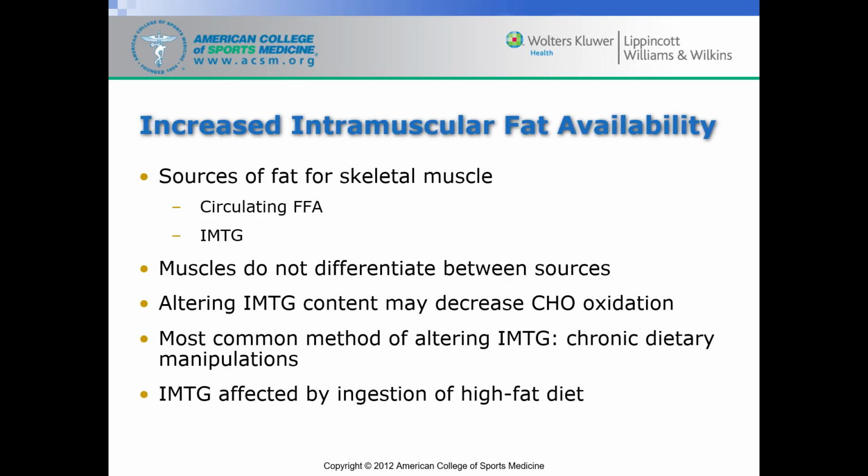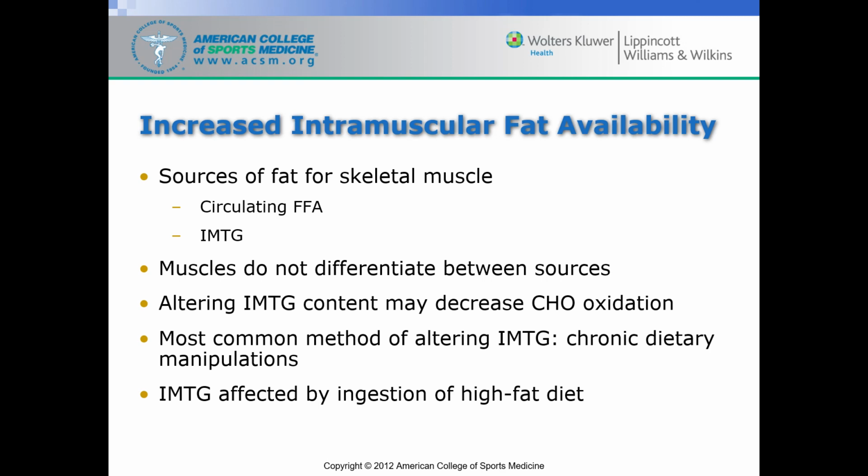There are reasons for this that we'll get into. Okay, the sources of fat for skeletal muscle are going to come from two forms. Obviously, there is the intramyocellular triglycerides and the circulating free fatty acids. That doesn't matter to the muscle which one they burn. It's basically the same composition, but typically they'll burn the ones that are closest to the